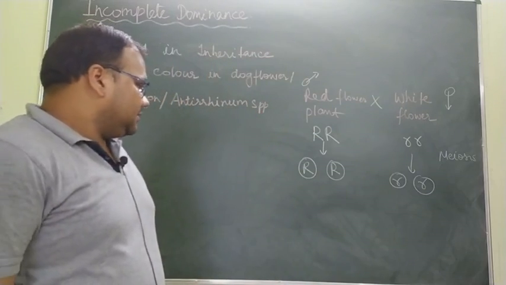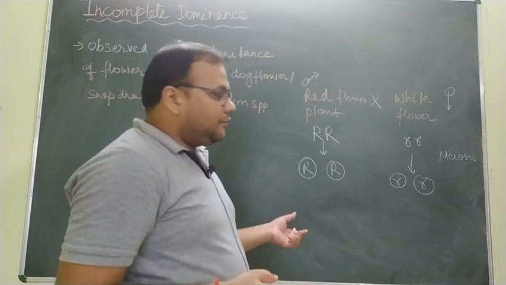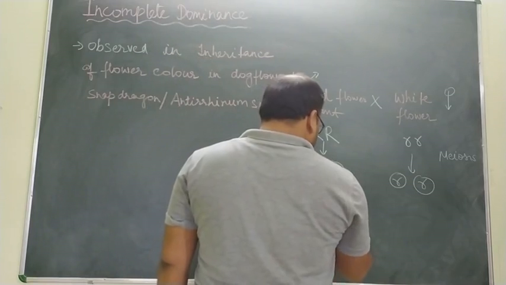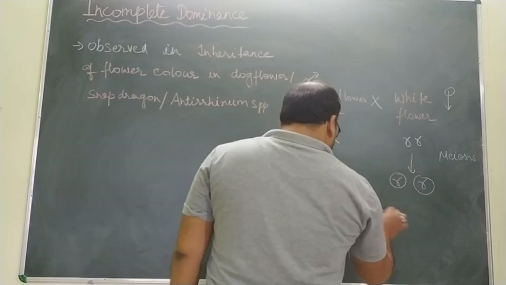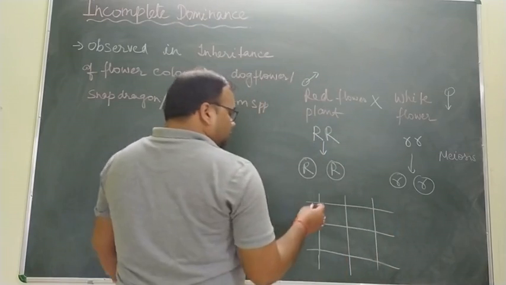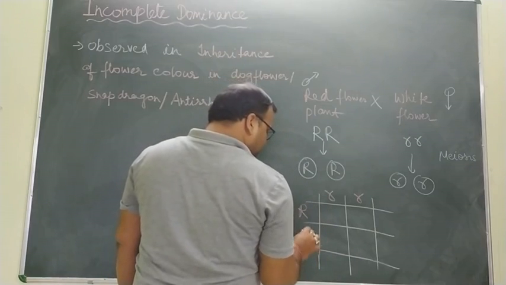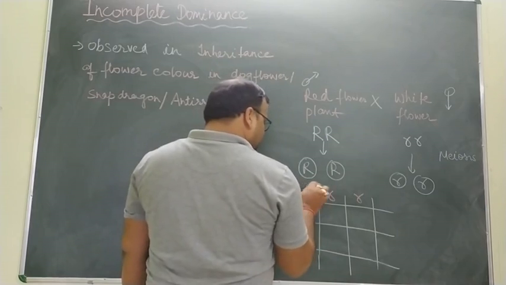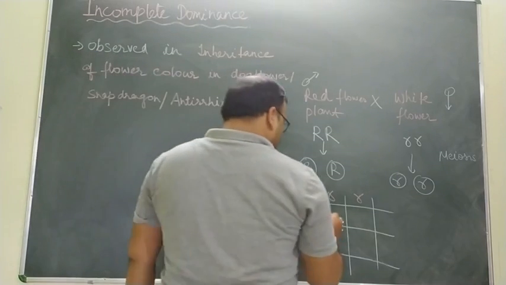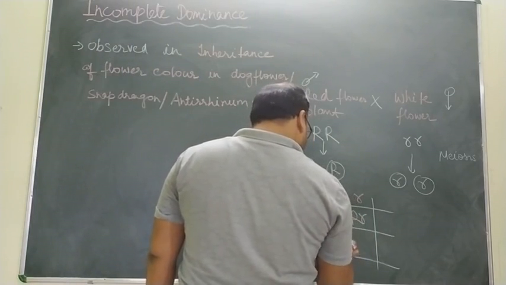In this case, after fusion or fertilization, there is probability of 4 genotypes in F1 generation. So F1 generation में हम देखते हैं with the help of Punnett square how many offsprings are formed. So above we represent the female gamete and here we represent the male gamete. It is a male gamete and it is the female gamete. After cross, there will be heterozygous condition. Capital R, small r, capital R, small r, capital R, small r,